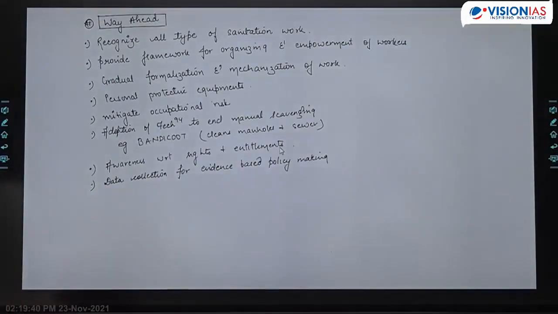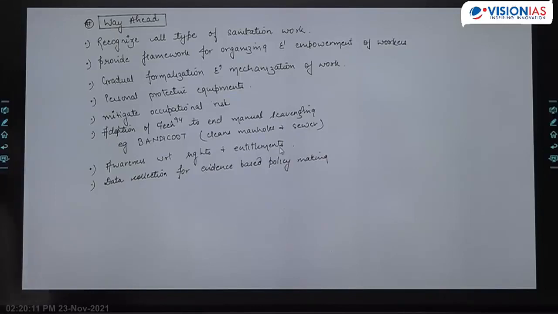So overall, what should be the way forward? Recognize all types of sanitation work and provide a framework for empowerment of these workers. Then formalize this work. Personal protective equipment should be provided. Occupational risk should be mitigated. Technology should be adopted so that manual cleaning is not required. For example, the robot, that is Bandicoot. Okay? Then awareness generation should be there with respect to rights and entitlements, and data collection should be there